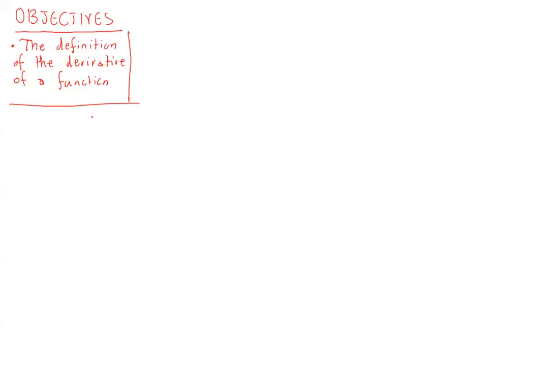So we have described the derivative of a function at a given point as the slope of the tangent to the graph of the function at the given point. In other words, what we have said is that if we have a graph, let's say y equals f of x, and we have a point on the graph, so let's say this is the point A, f of a,